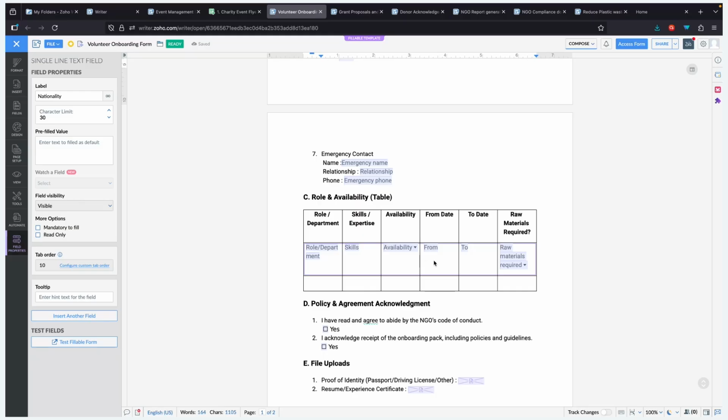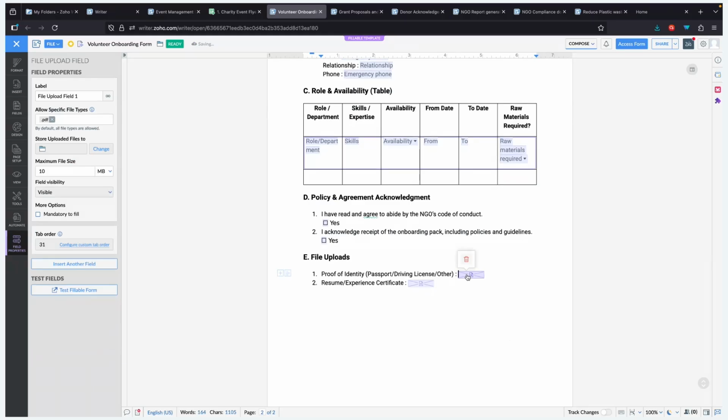Not only that, we have also added a file upload field in this document. This will allow you to upload any PDF files, such as proof of identity like a driving license, or a resume or previous experience certificate. They'll be able to attach them using this file upload field. You'll also be able to specify the allowed types of files that can be uploaded. For example, if it is an image file, you can just make use of those formats and add them,